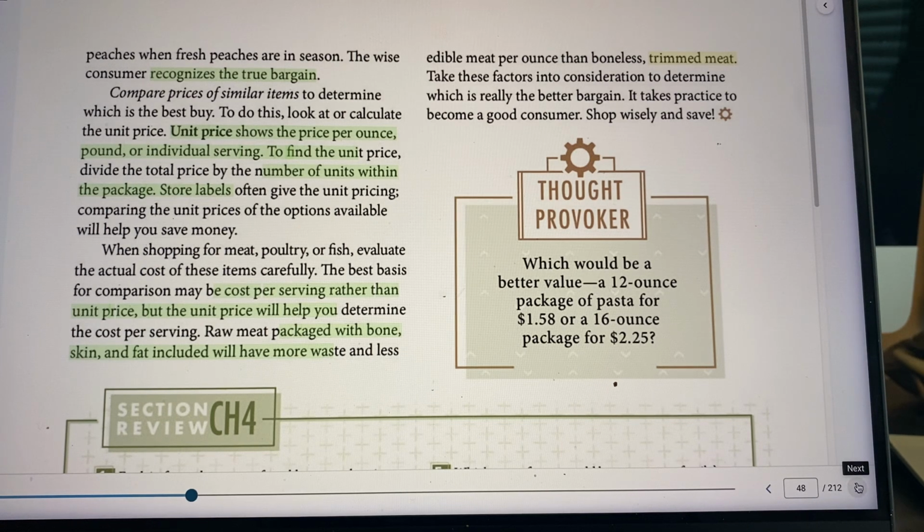So when shopping for meat or poultry or fish, evaluate the cost of the items. The basis for comparison may be cost per serving rather than unit price, but the unit price will help you determine the cost. Meat is a big one, because you look and say, man, this steak here, filet mignon, is going to cost me $75. So you look at the price per pound. You look and say, oh man, the price of filet mignon is like $5 a pound. And if I look at